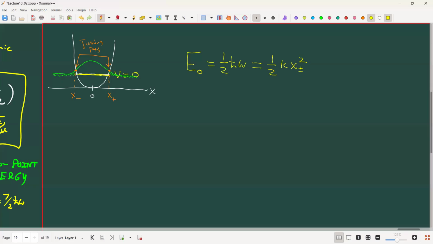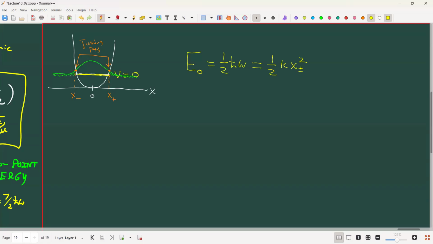1/2 h bar omega is my horizontal line, the yellow horizontal line, and I want to see where it intersects with the potential. Well, that's really easy to solve. Omega is the square root of k over mu. So what we get is that